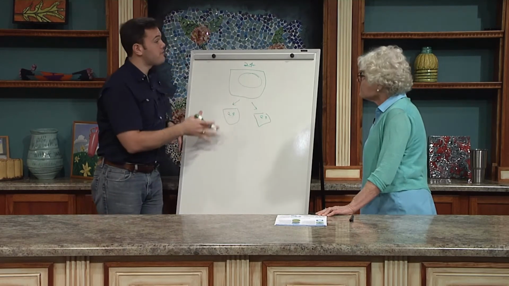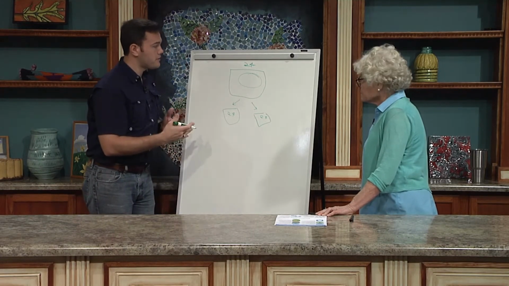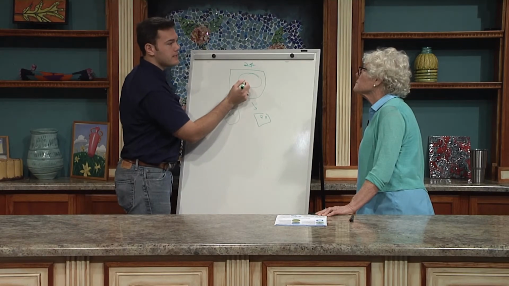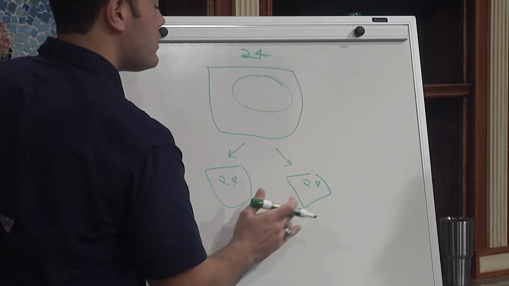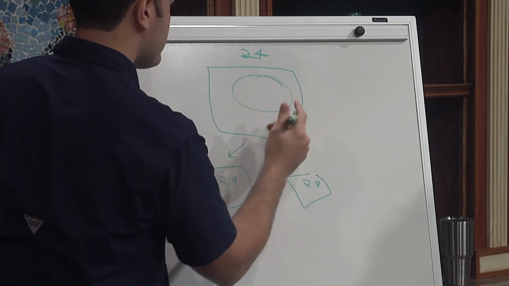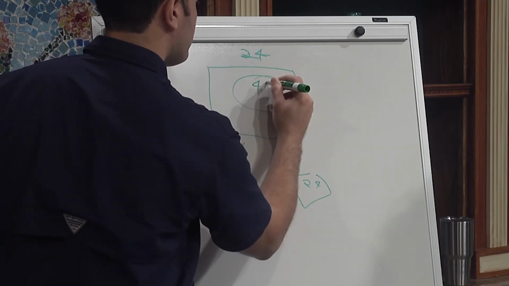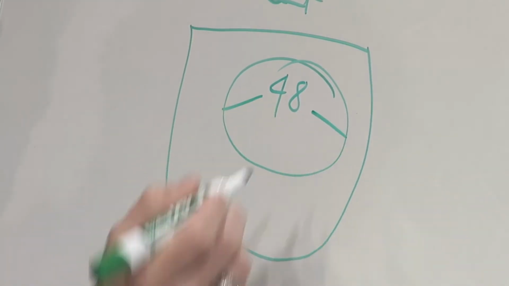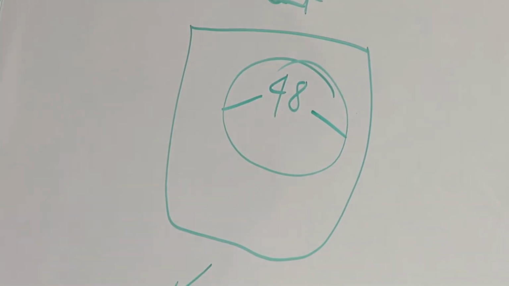Because the mother cells have to produce identical daughter cells for the plant to survive. And so when this happens, the amount of DNA in this plant cell has to double so that each daughter cell gets the same amount. So for a brief moment in the cell, you will actually have 48 chromosomes. Then those split to either side of the cell and are deposited in the daughter cells.